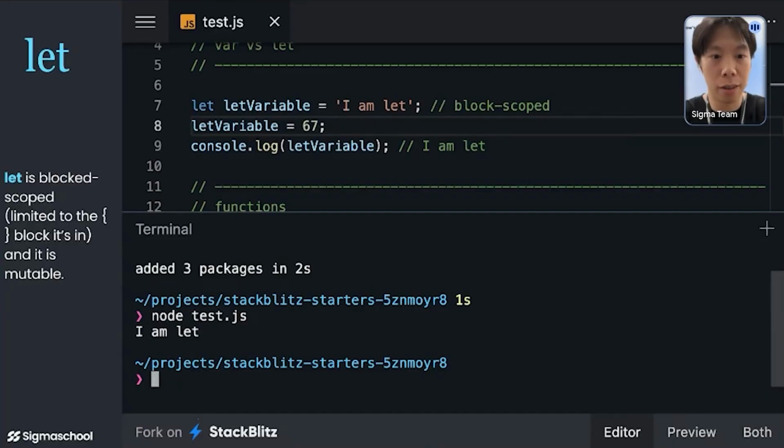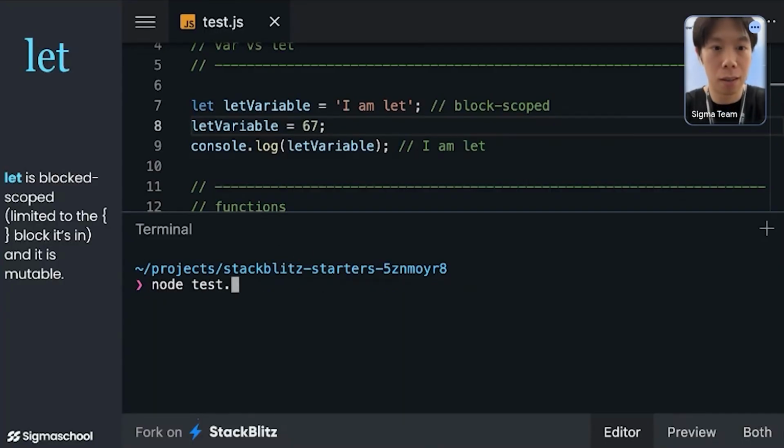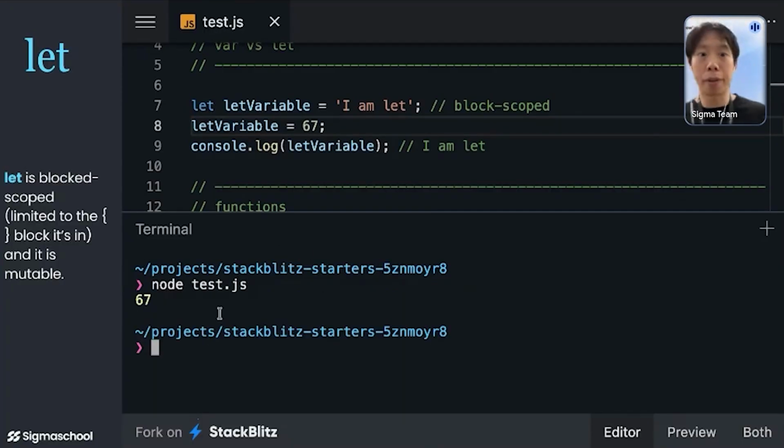Let me do a clear. Right, and now it prints out 67 instead of "I am let". That's because I've updated it, and let allows me to change the value of the variable. So the code knows that the last changed value for that variable is 67, so it prints out that value, right?